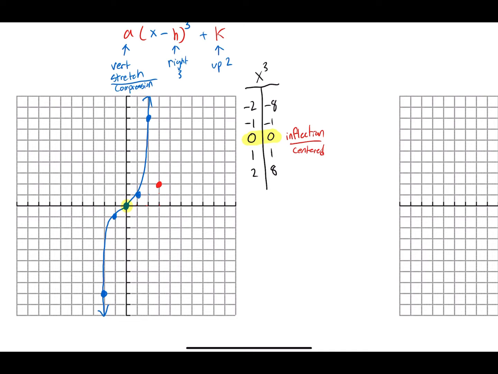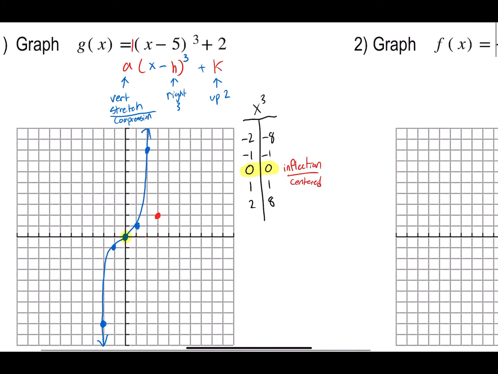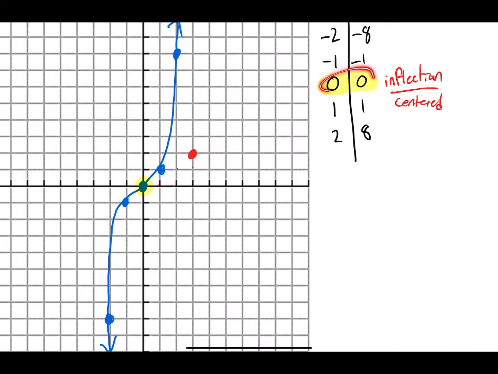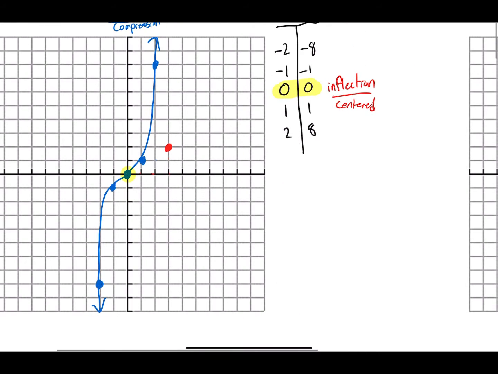Inflection point. Okay, so then we look at this, and as we mentioned, there is no a value. It's 1, so it was not stretched, not compressed. This thing is the exact same shape and the exact same size, so we take the usual points. The 0, 0, the 1, 1, the 2, 8, the negative 1, negative 1, negative 2, negative 8, and just plot them around this brand new origin. So pretending that this inflection point is the origin,